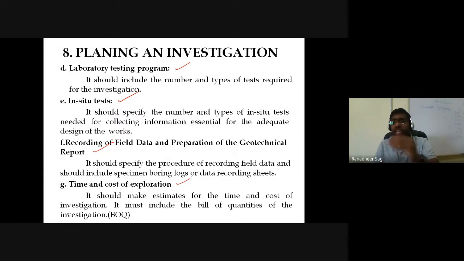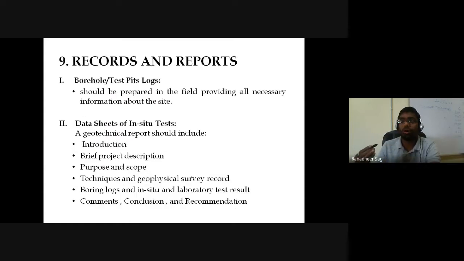As I mentioned, at least a minimum of 0.5 to 1% of the total cost of the project has to be invested as per the standard norms for carrying out a proper detailed investigation in that particular site where you are required to understand the soil condition. And as I told, how many boreholes, what should be the depth of the borehole, all the information regarding the in-situ tests that you have conducted, the test procedure, test results, all the remarks, everything you have to properly record in your report.